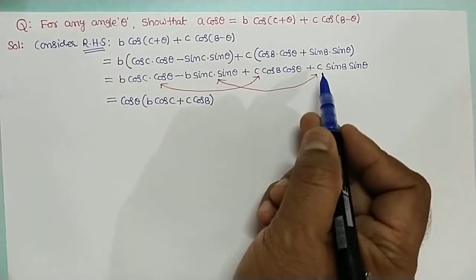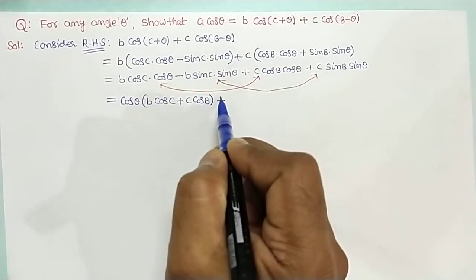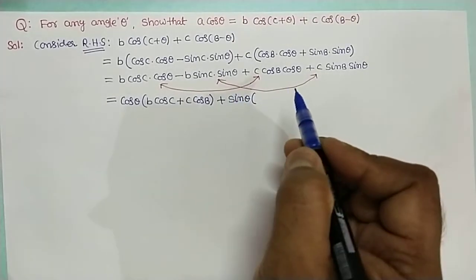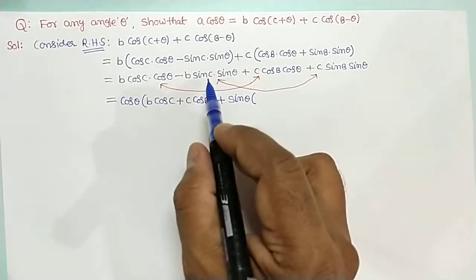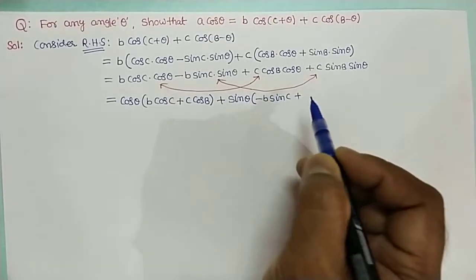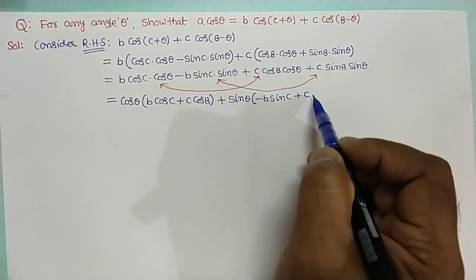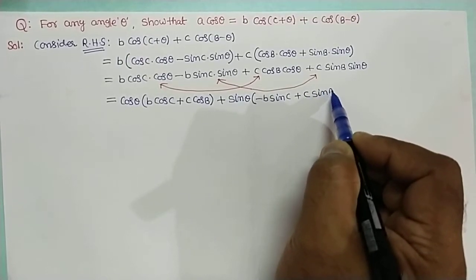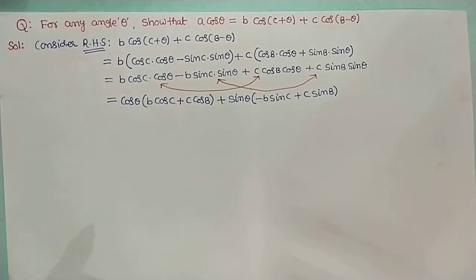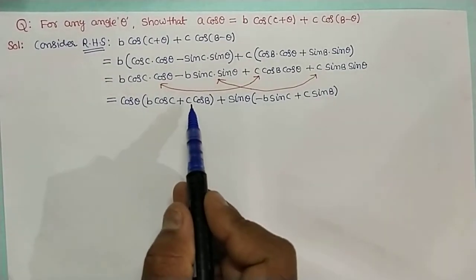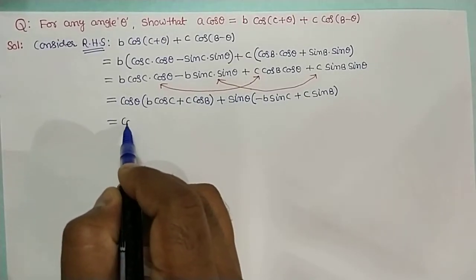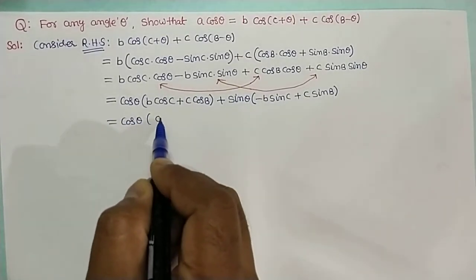From these two, you have to take common sin theta, so sin theta, the remaining terms: minus b sin C plus c sin B. From projection rule, b cos C plus c cos B will become small a. So cos theta into small a, this value,